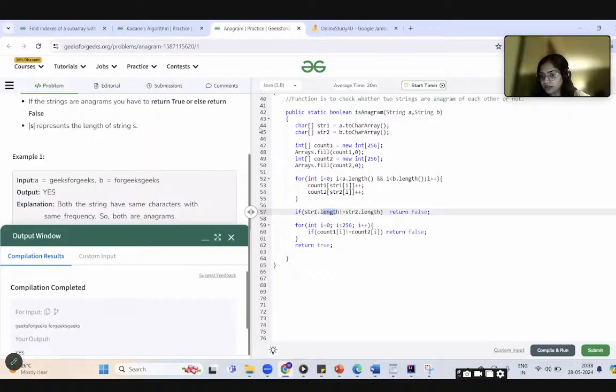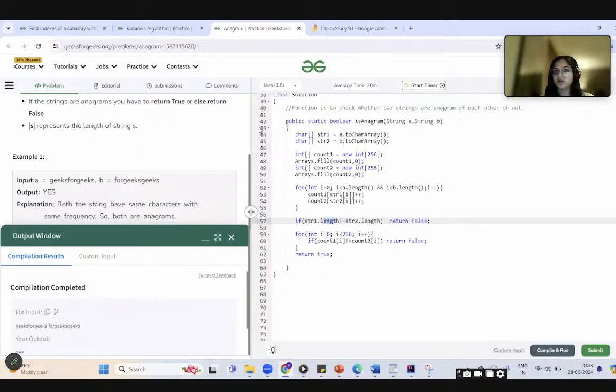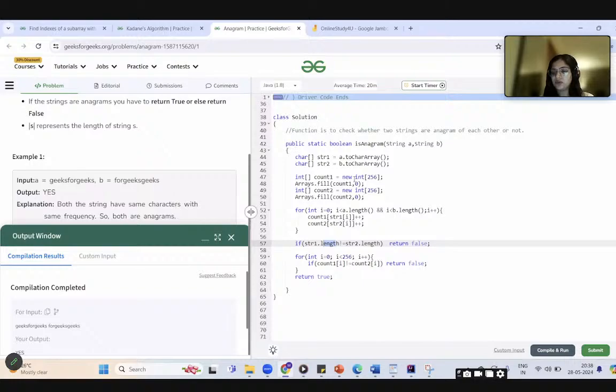Do we need to write the full code or only a function? It depends upon the examiner whether you have to write just the function or the main method also. Most of the time you don't have to write the main method, but writing it is very simple. I can write it for you.